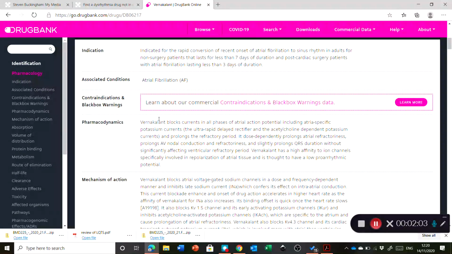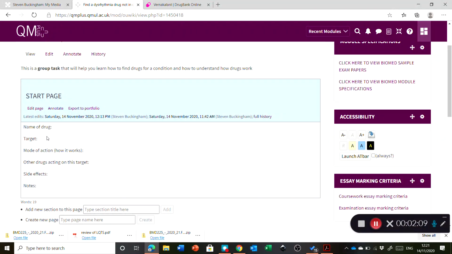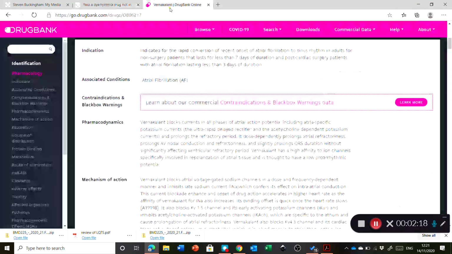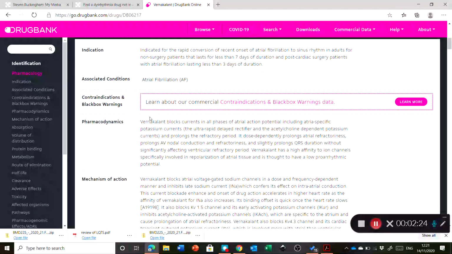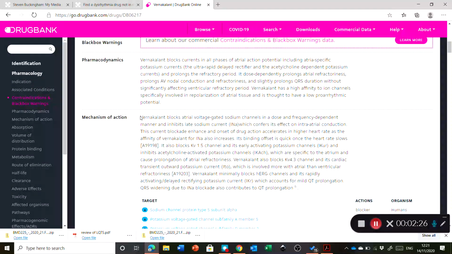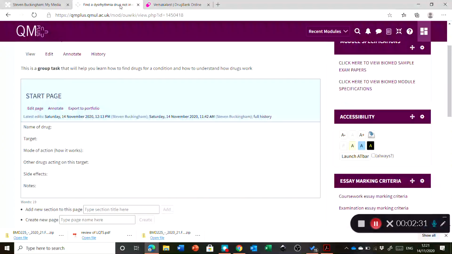The best way to learn would be to read this, to understand it, and then without going back again, just type in here under target what the answer is. And then the other thing I want to know is its mode of action, how it works. That's given under mechanism of action. So again, don't copy and paste, don't just re-edit it, understand it, and then from your own mind write in